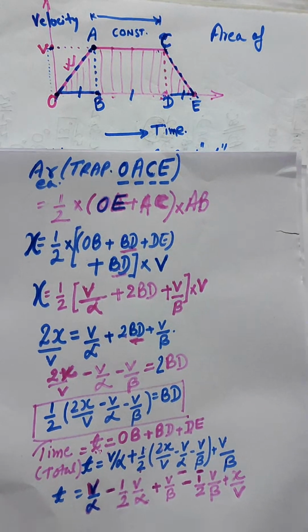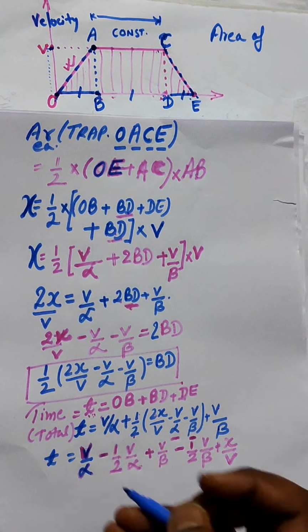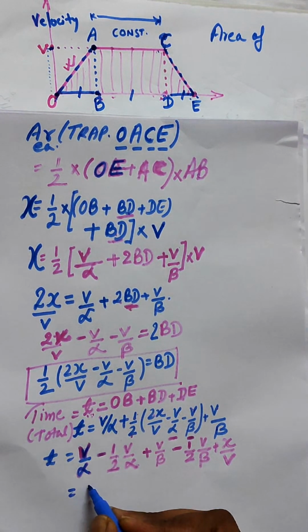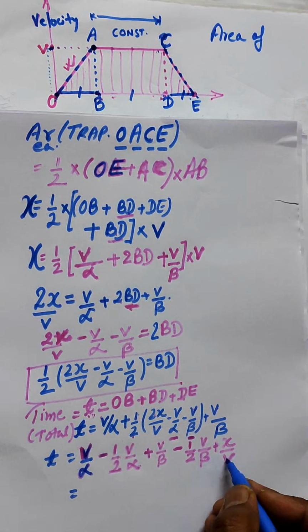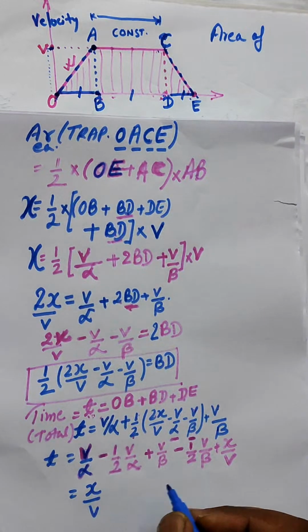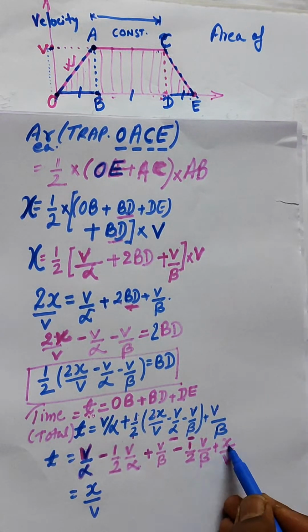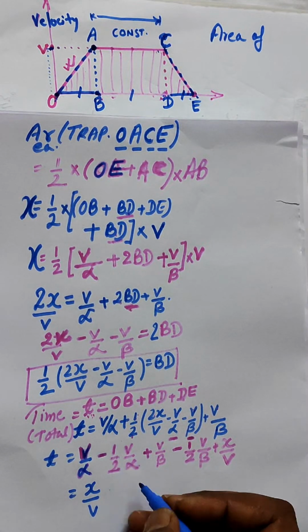This will give you x by V, just bringing it to the front, x by V, this last term. V by alpha minus half V by alpha, this will be giving you half